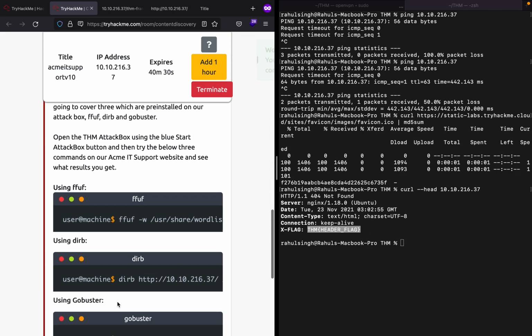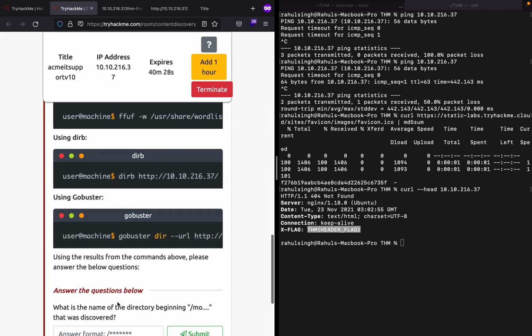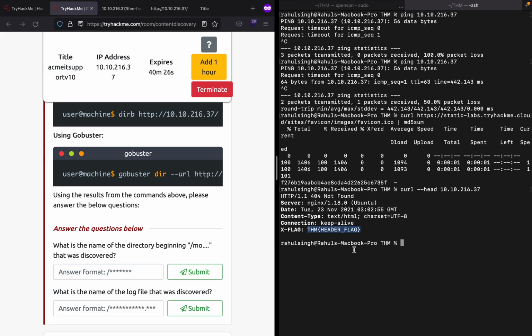And then there are automated tools. You can use FFUF, Dirb. I particularly tend to go with Gobuster. So it says, what is the name of the directory beginning with mo? So the format is dirbuster. If you are looking for a directory, go for dir, -u, the URL part, 216.37, followed by -w, which is the wordlist.